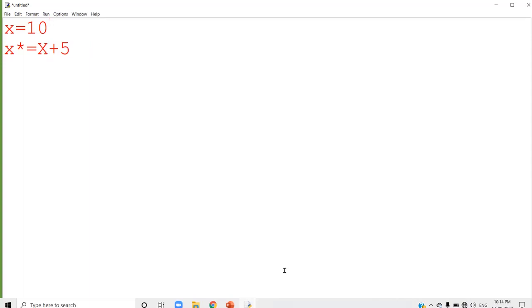So you have to use small x itself. The equivalent expression is x = x * (x + 5), the right hand side.